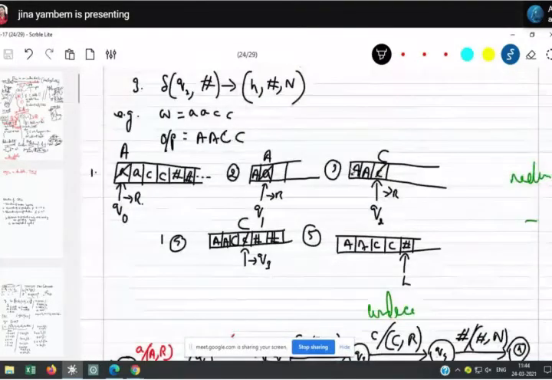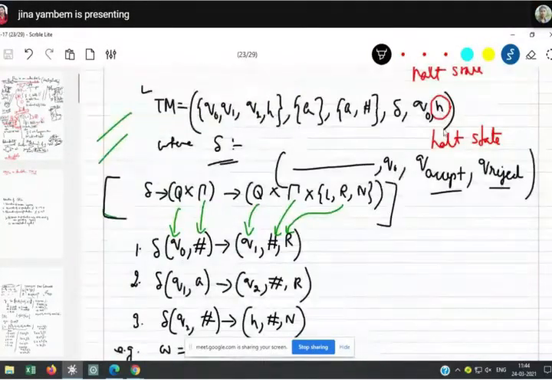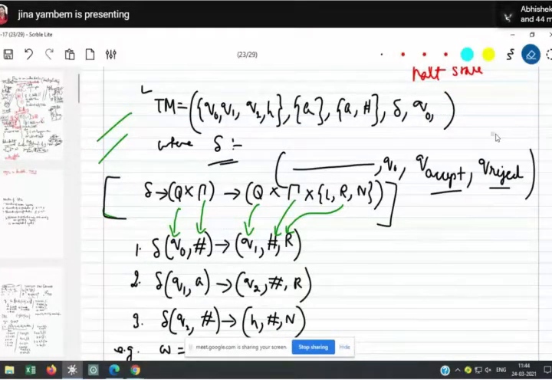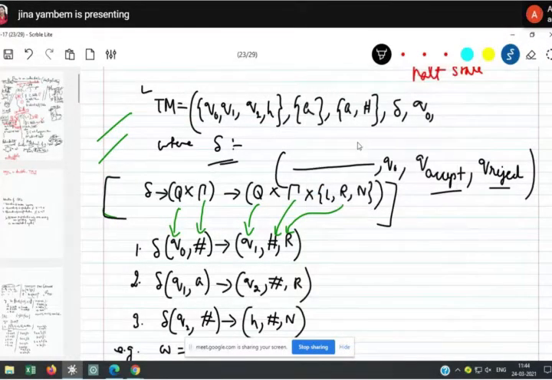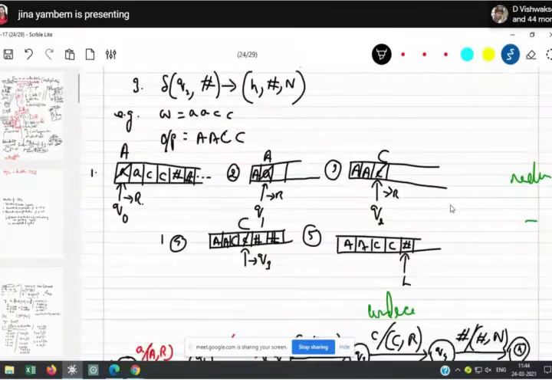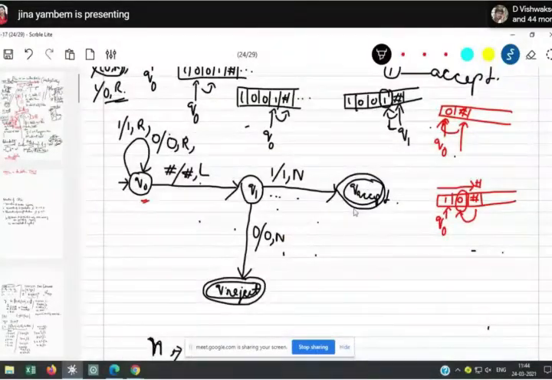Now instead of halt here, you'll find capital HALT in some other textbook. So I will not be writing halt here, but in future we are going to deal more with this halting state. Okay, so that's why you need to understand what we mean by halt state. So now I'm going to insert here QAccept, QReject, or else you can have just a finite set of final states. It's up to you. But in every machine which we are going to design, we are going to have QReject and QAccept,